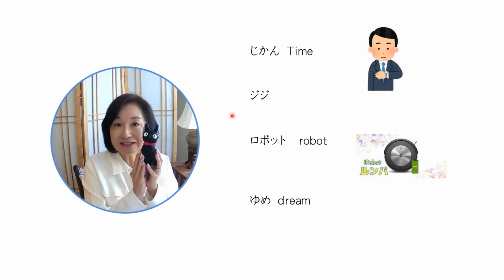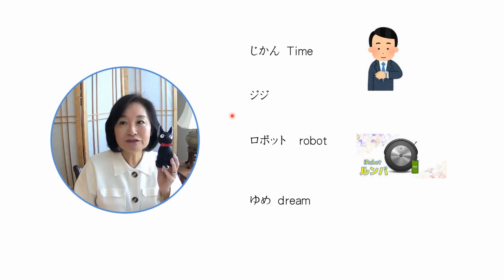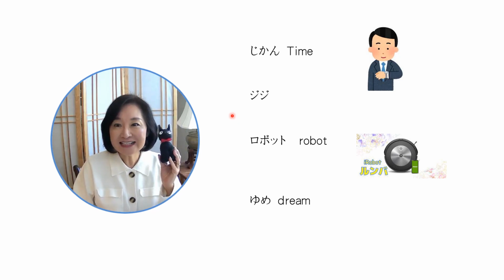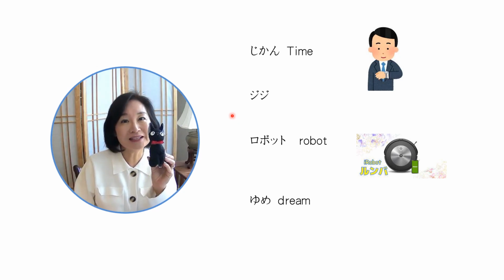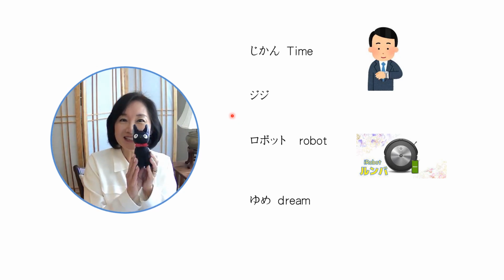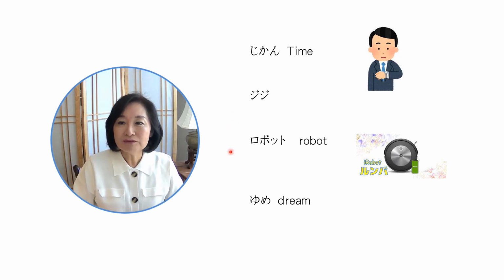How about Gigi? Gigi is a stuffed animal and it doesn't move, it doesn't talk to me. So should I say Gigi がいます or あります? Well, it depends on how the speaker feels about the subject of existence. And Gigi has been with me for a long time, and in fact, he talks to me, so I should say Gigi がいます。